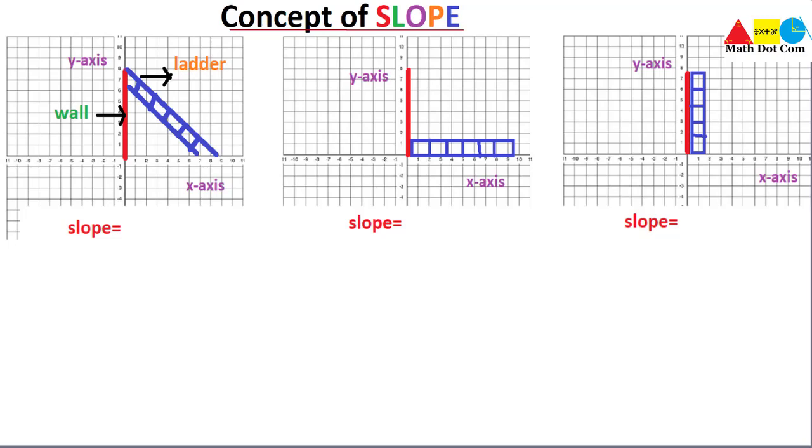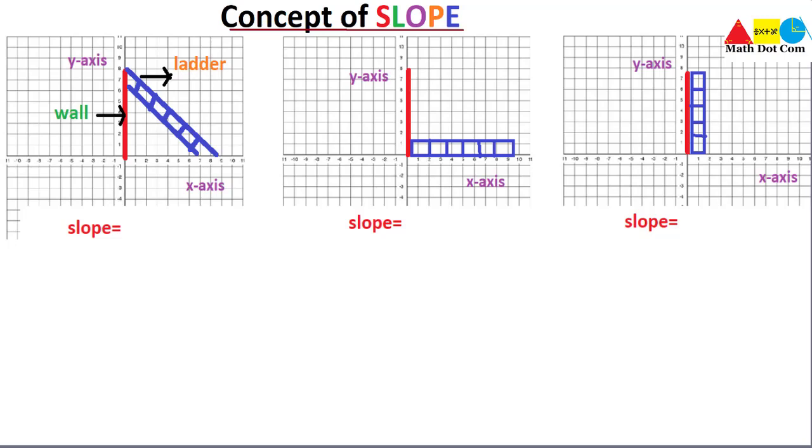So we don't get confused about these three diagrams. These three diagrams will be used at the end of this lecture when you will have the concept of the slope, that how to find the slope. We have these three diagrams and you will be asked at the end of this lecture to find the slope of these three different diagrams. So how you will find, we will see it later.